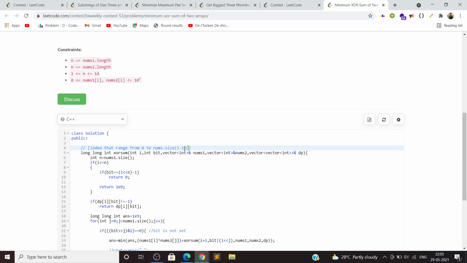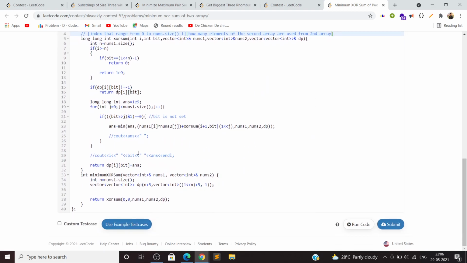So the second is how many elements of the second array I have used. Basically, how many elements are used from the second array. Okay, printing wrong, second array. So this will be the states of the DP, and after that we can just make the states like